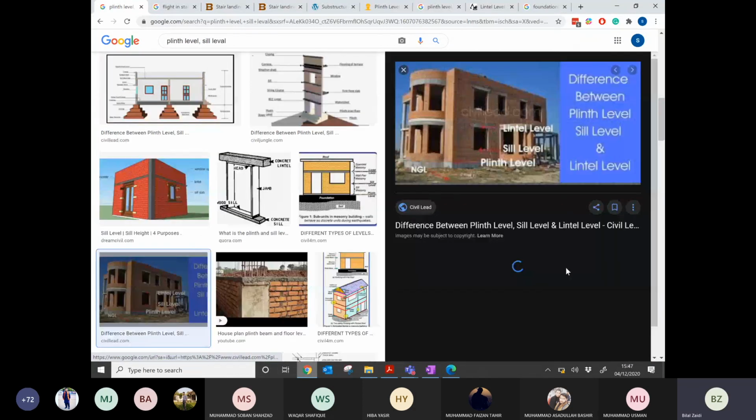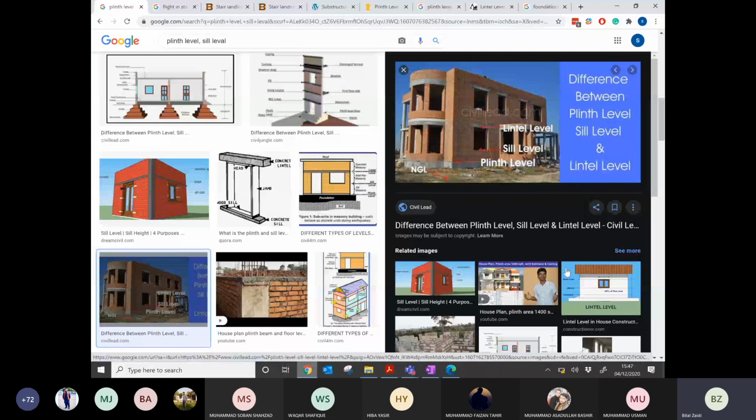For example, if you look at this picture in which there is brickwork showing, you can see that there are some beams right on the top of the windows here. Similarly, we have these beams on the top of the doors. Beams here if there are windows or openings. So we have that beam.